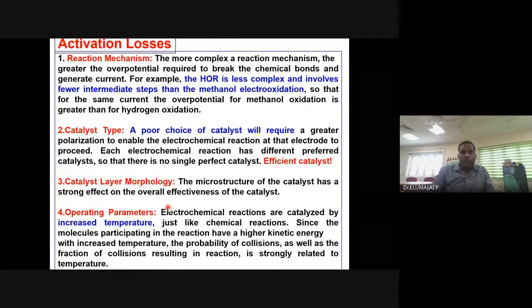And more on fuel cell losses, especially on activation losses. It can be reduced or minimized depending on the reaction, depending on the fuel. Hydrogen oxidation is the well exploited reaction compared to methanol oxidation, ethanol oxidation, etc. The simplest charge transfer reaction is HOR, the hydrogen oxidation reaction. So activation loss is not much, whereas if it is a methanol fuel cell or ethanol fuel cell, then these activation losses are more.